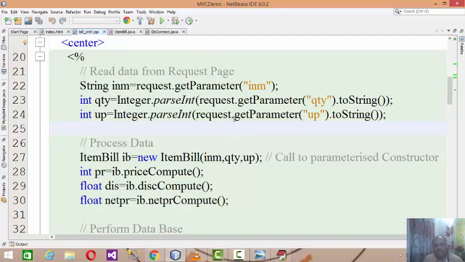As I just recently explained, if everything, data processing as well as database processing, every logic, meaning you are performing price, discount, net price, as well as inserting data and fetching data from the database, referring to the item bill, if you write everything in the same page, that page will become heavyweight.